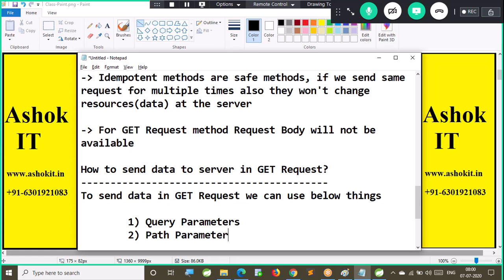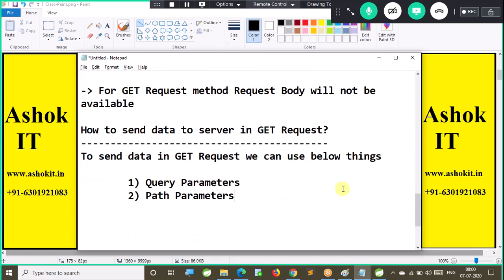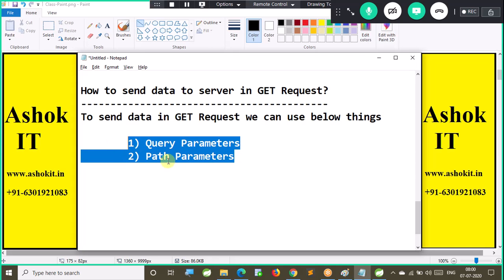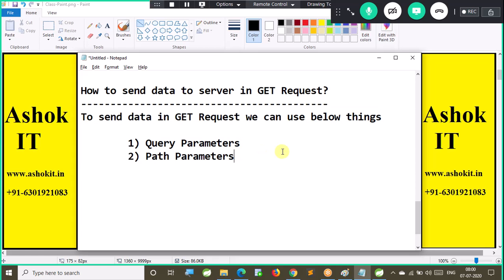In Spring MVC, I did not explain this because I thought of explaining it in the REST API. In a Spring MVC controller also, you can use query parameters and path parameters. Right now, when to go for query parameter and when to go for path parameter? First of all, what is the purpose of query parameters and path parameters?